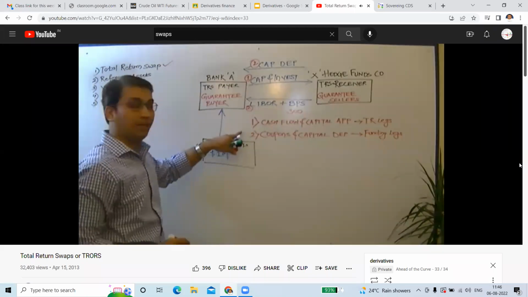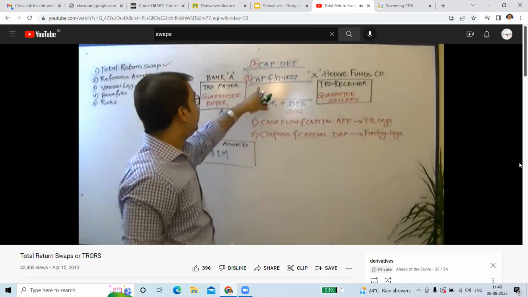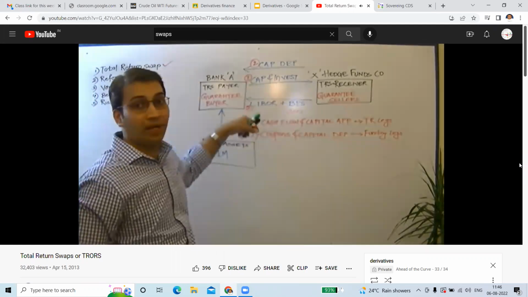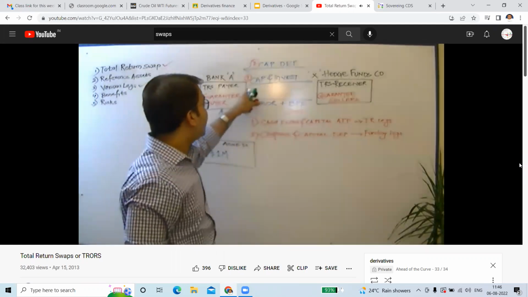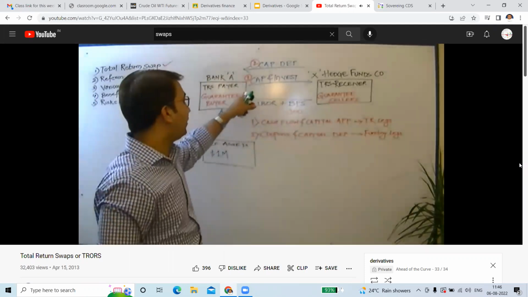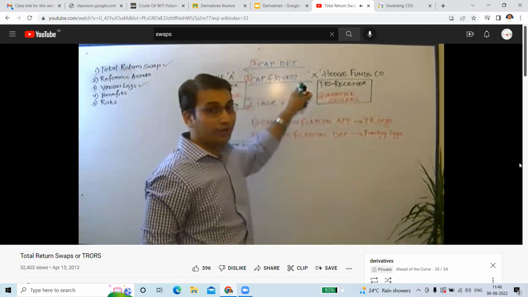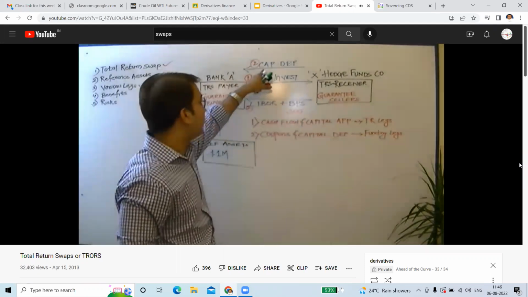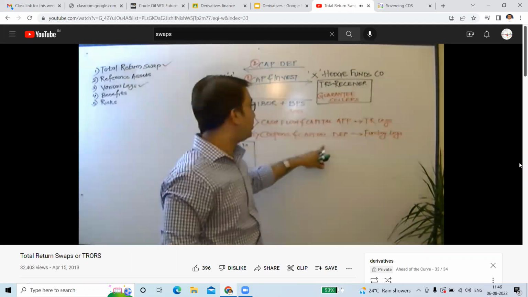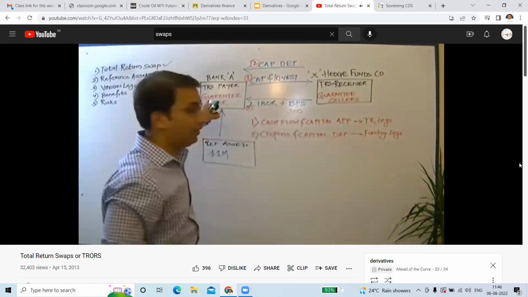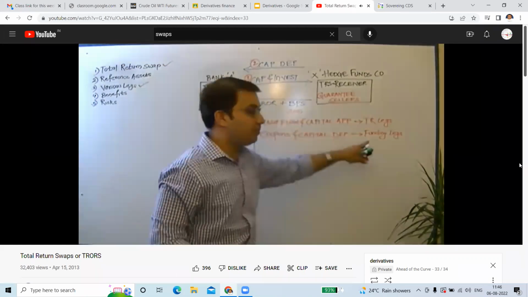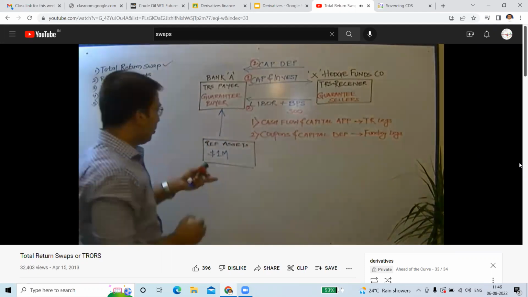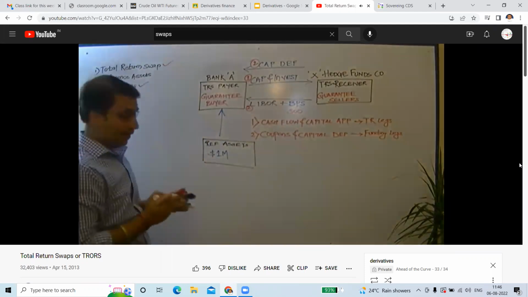So these are the two legs involved in this swap transaction. This leg is called the cash flow and capital appreciation, and it becomes the total return leg because it's transferring all those capital and investment benefits to this party. And this party is giving back a coupon and a capital depreciation guarantee, which is nothing but this party funding that party by paying this and this. That's why it becomes a funding leg. So now we have seen our various legs.